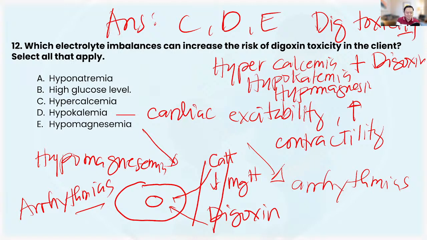All right, there are so many explanations about this, but I'm trying to simplify things. Again, with any of these conditions, elevated calcium can be life-threatening if we give them digoxin. If there is hypokalemia and we're not checking the lab value and we give the digoxin, your patient will end up with arrhythmias. Same thing with magnesium. If it's low, it can also